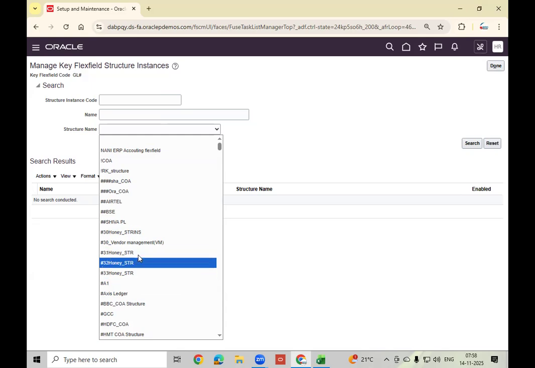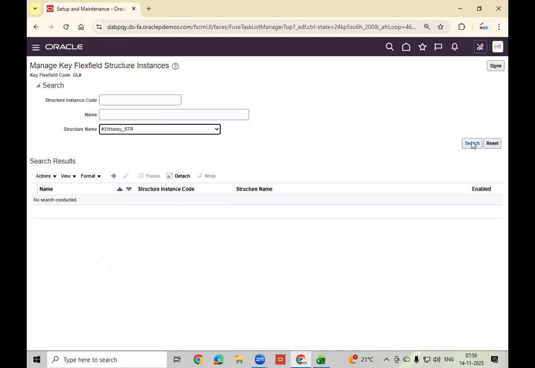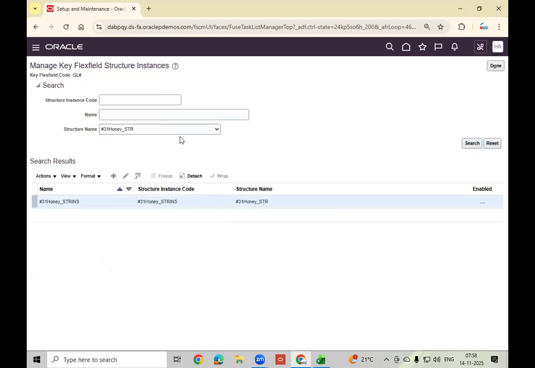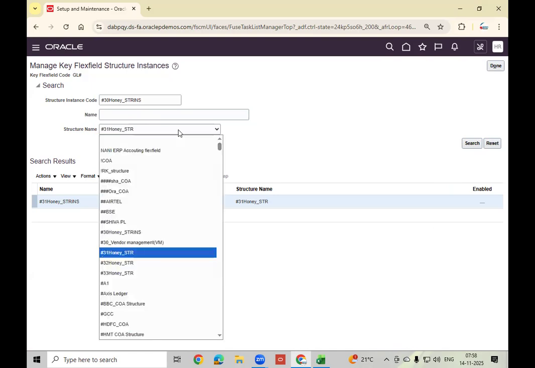Duplicates they created. But one strange thing here in this structure, this one is different, this one is different. Okay. 30.